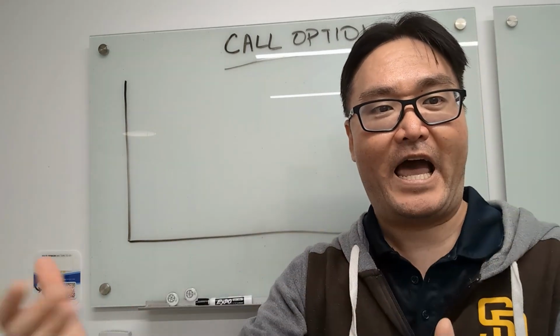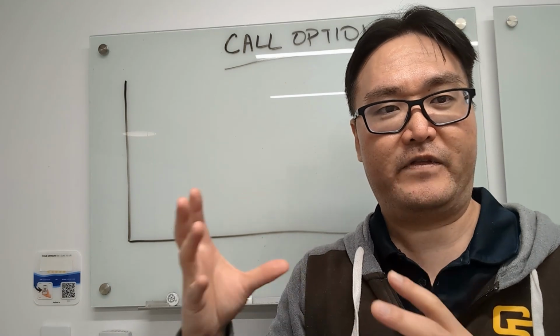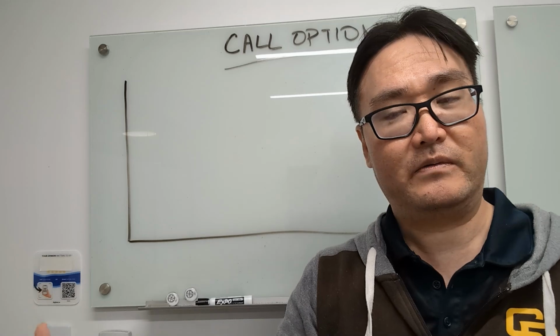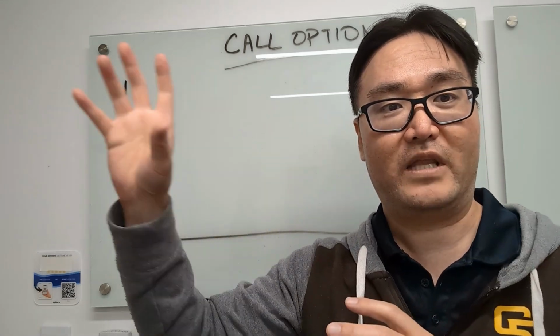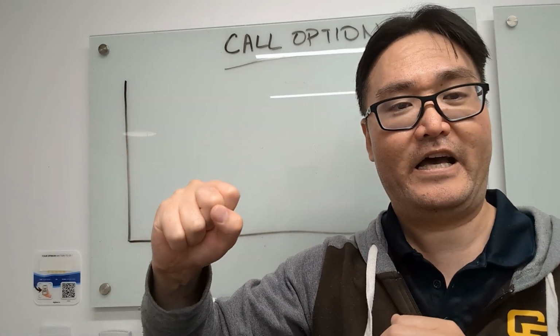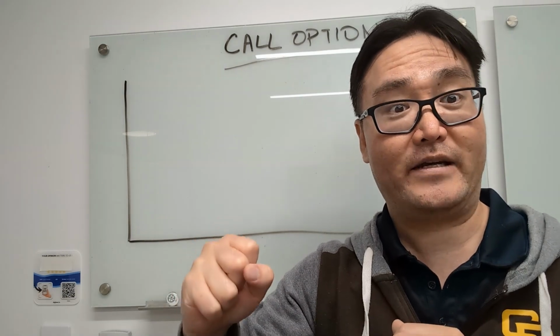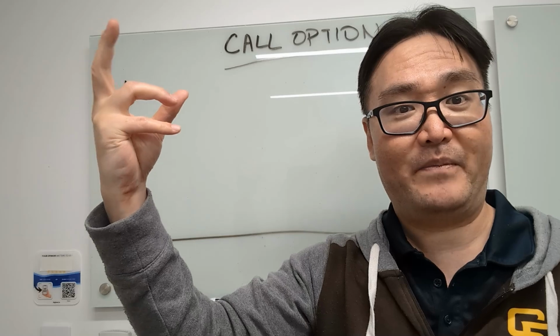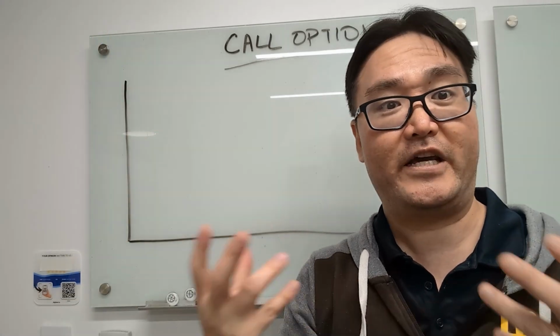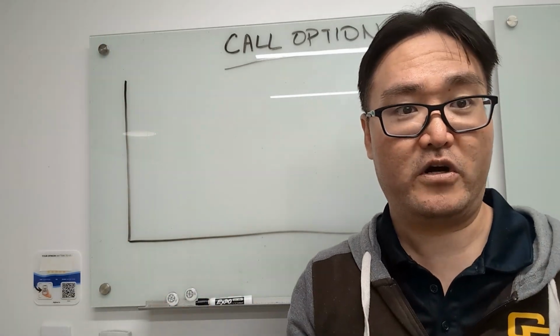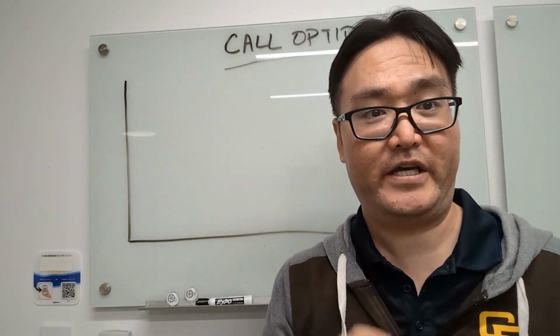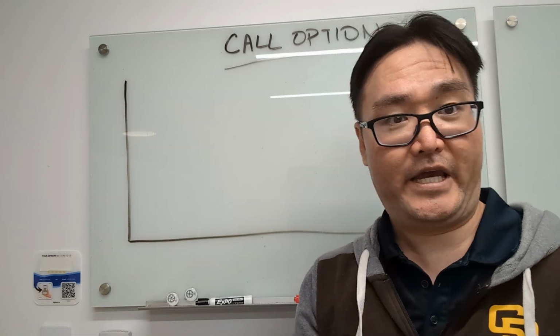Okay, because then at that point, if the call becomes profitable, the buyer will likely exercise that contract and has a contract to buy the underlying security at a lower strike price, and the call seller is legally obligated to